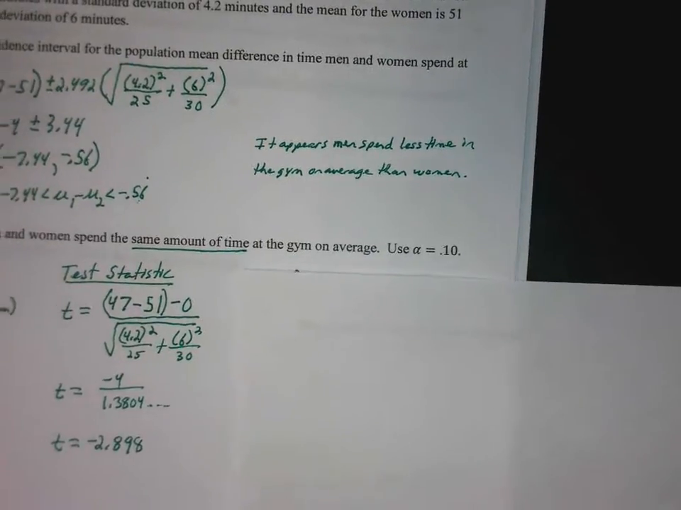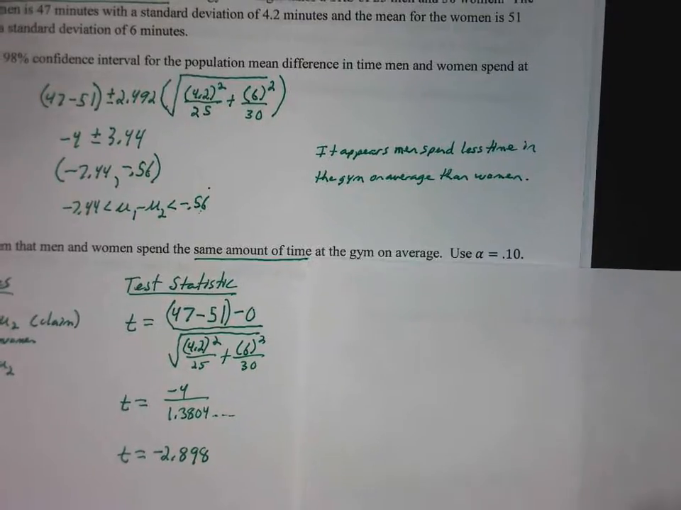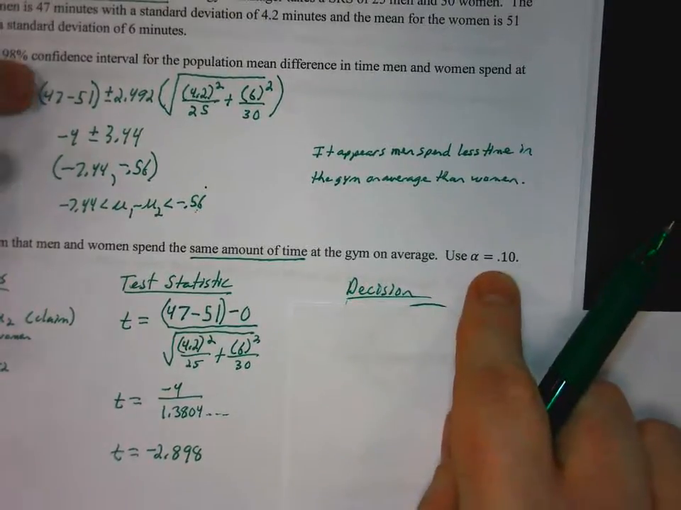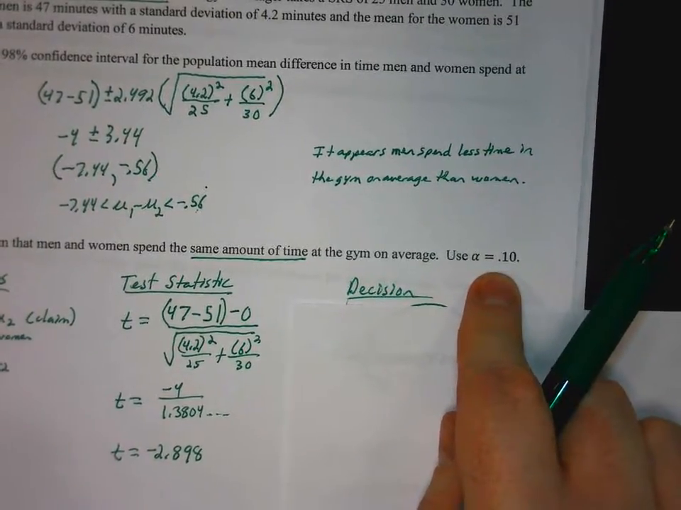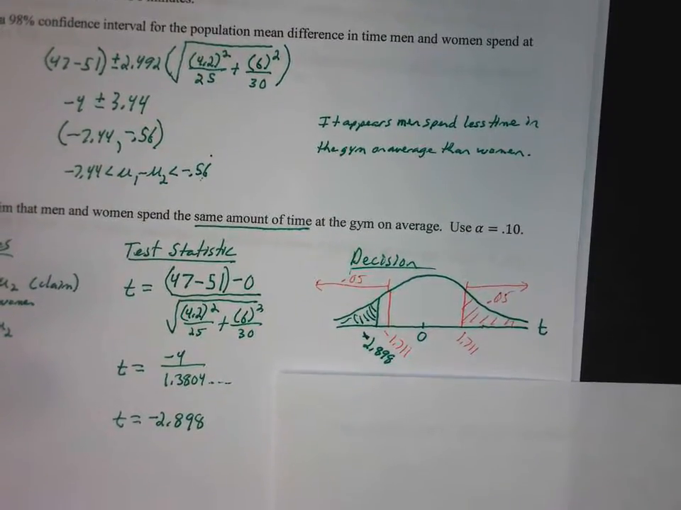Okay, in the end, just a matter of substituting into our formula for the test statistic. And we get a t value of negative 2.898. Okay, so there's our critical number, negative 2.898. Make our decision. Well, if alpha is 0.10 and we have 24 degrees of freedom, okay, so on our diagram,